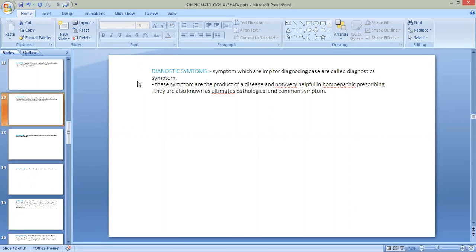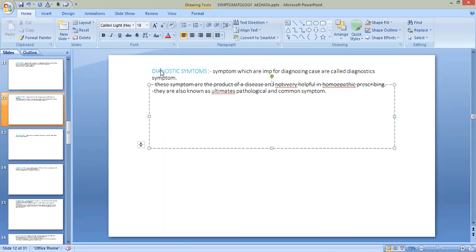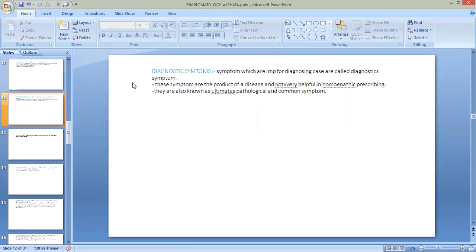Then diagnostic symptom. What is diagnostic symptom? The symptom with which we are able to diagnose the disease condition. So the symptoms which are important for diagnosing a case are called diagnostic symptoms. These symptoms are the product of a disease, and they are helpful